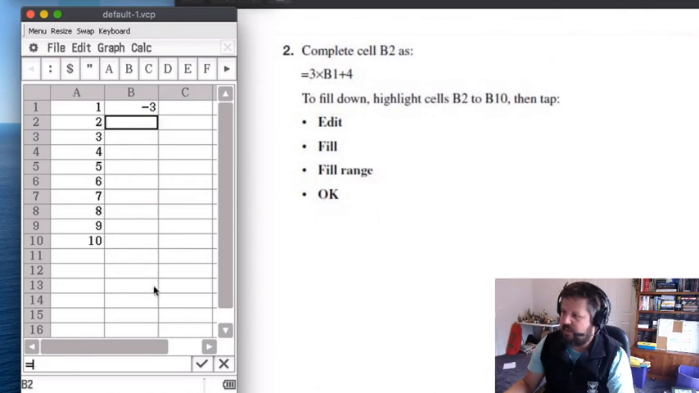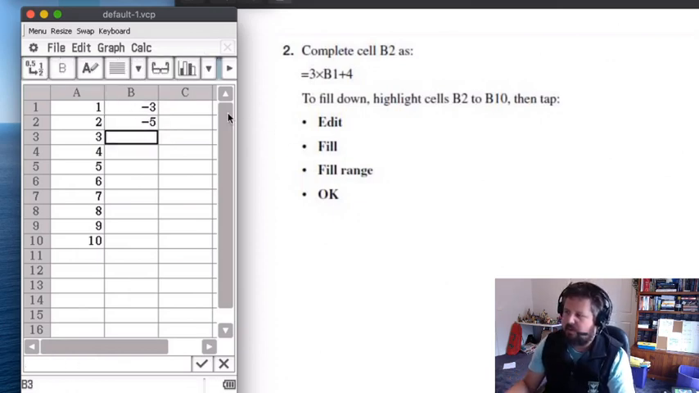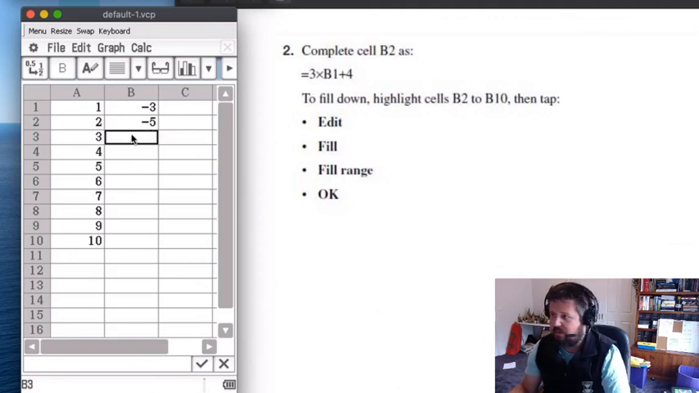So the formula is 3 times, so you do 3, multiplying on the calculator is a little star. 3 times cell B1, you can just click on B1. So 3 times the previous value plus 4. Cool. So 3 times -3 is obviously -6. 3 times -3 is -9, my apologies. Plus 4 is -5. Cool. Was able to do those basic calculations there after all. Alright, sorry about that. After that, we can get the calculator to generate the rest of these using the fill